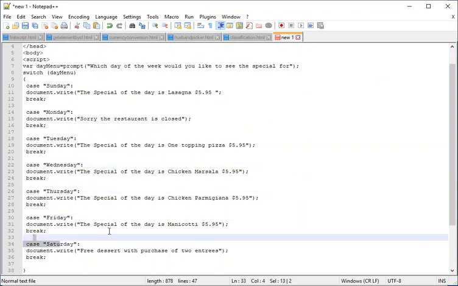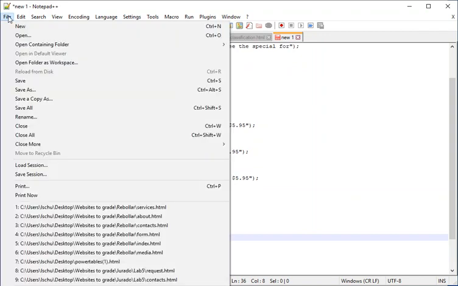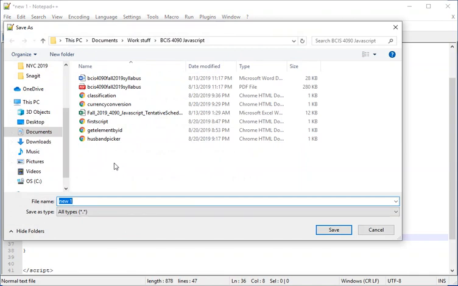You can also have a default option instead of case. You could have default, sorry, that day doesn't make sense, or something like that, but we're going to go ahead and leave it at that. So I'm going to save this as menu,